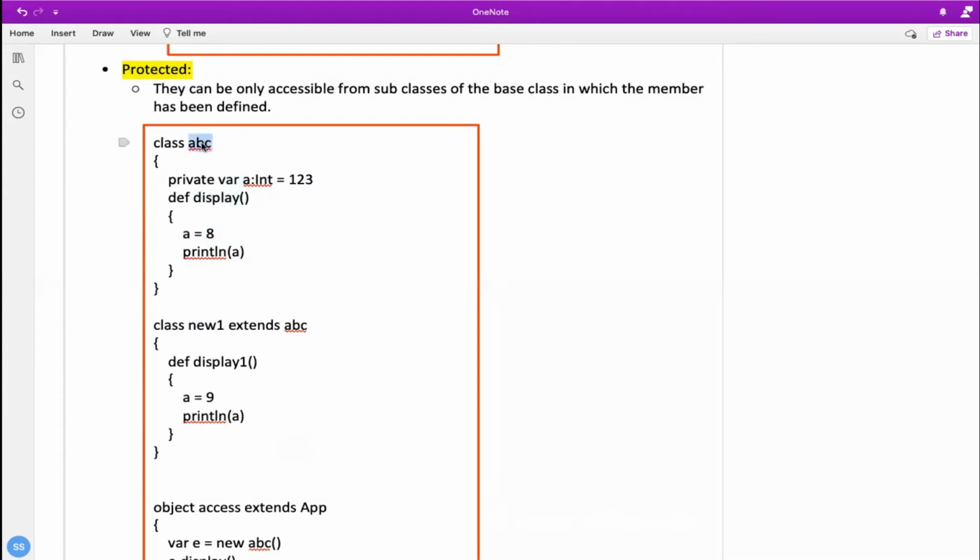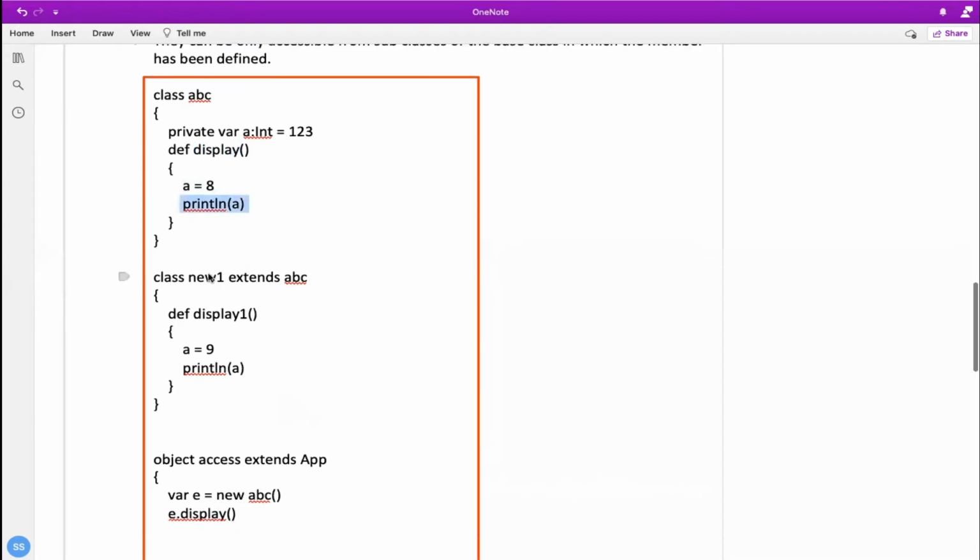So if we create an object of this, and call this method, the 8 would be printed over the console. This new class is actually extending ABC, which is creating a new method. And as you can see, it is not declaring a once again. It is simply reassigning the value. This is the same variable mentioned over here.